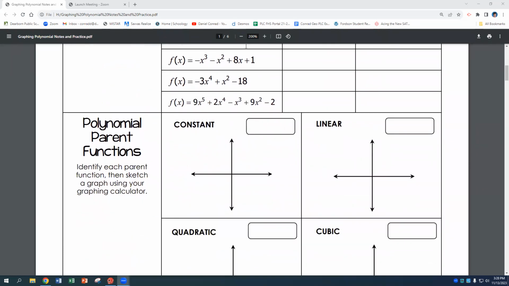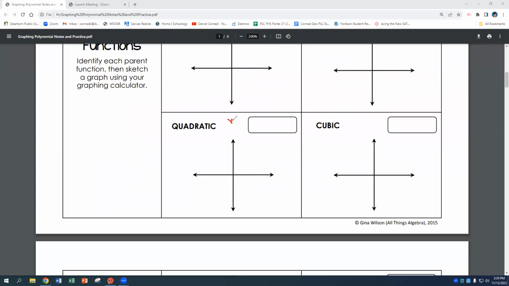Parent functions. So a constant function might be something like y equals c. Right, it's just going to be a line. Okay. Linear, so that's an x to the 0 power, right? Over here, we're going to have x to the first power. That's going to be a line, right? y equals mx plus b. It's going to look something like this, right? You're going to have a line. Okay. x squared is called a quadratic, right? So it might be something like y equals x squared. So it's going to look like this,